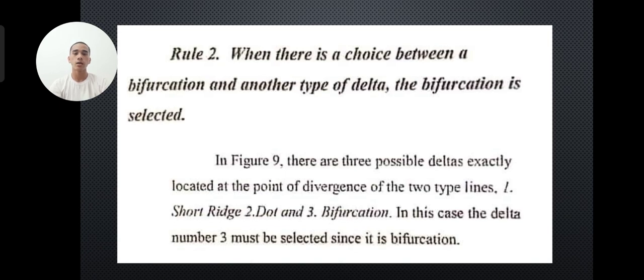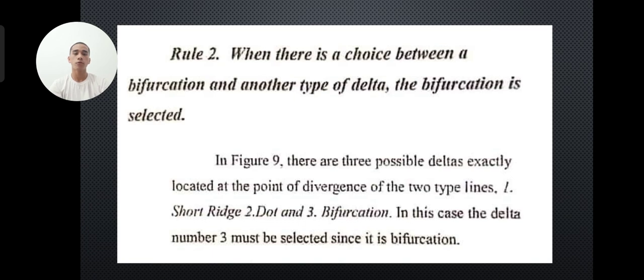So naadri ang short ridge, dot, a bifurcation, converging ridge, and ridge ending. So however, the two points of divergence also have a lot of possible deltas. So ang pilion nato nga mamahimong delta diri as rule number 2 is ang katuang